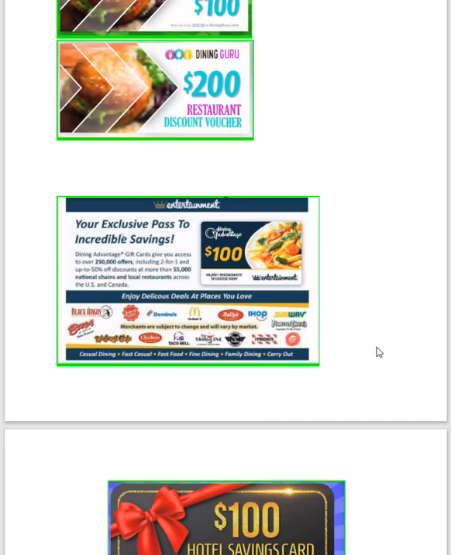And this restaurant voucher covers all types of brands in America and Canada: Domino's Pizza, McDonald's, IHOP, Subway, Taco Bell, any type of restaurant, you name it.